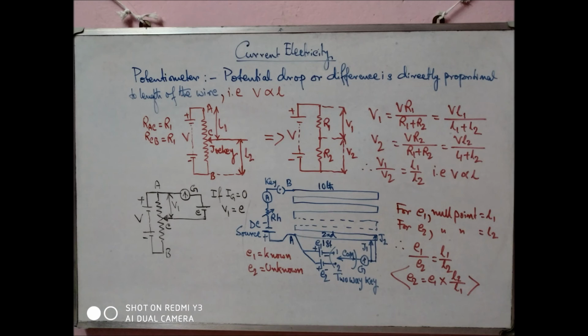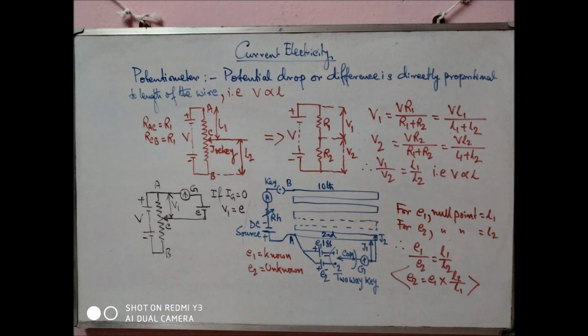Now the negative terminal should be connected to the galvanometer, but here is a two-way key. A two-way key means there is a common point and two other points, 1 and 2. When the common point is connected to 1, then E1 is in the circuit, and when it is connected to 2, then E2 is in the circuit. Very easy to understand, and that type of key is known as a two-way key. Or we can also do it using a commutator, an instrument in the lab. We can perform the two-way key operation using a commutator.